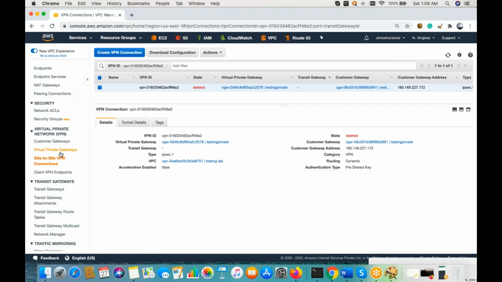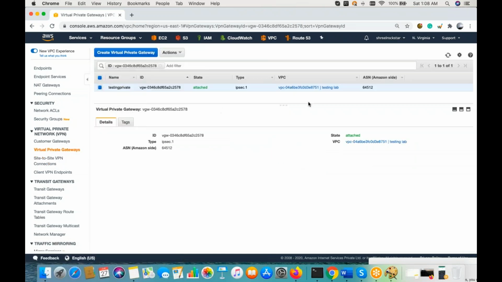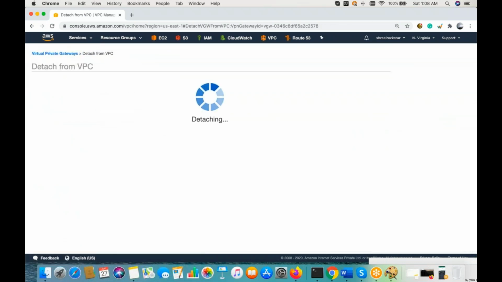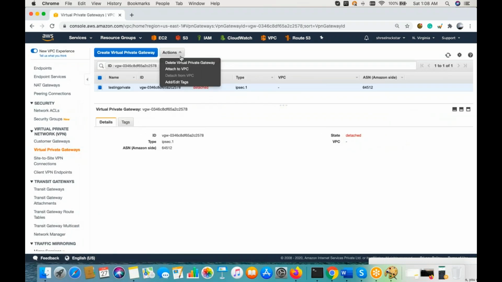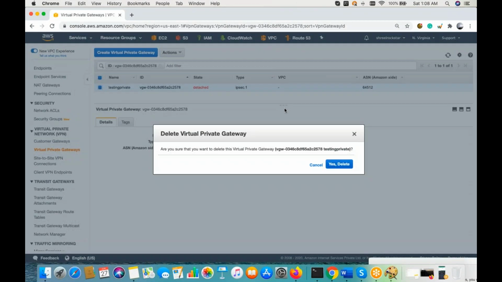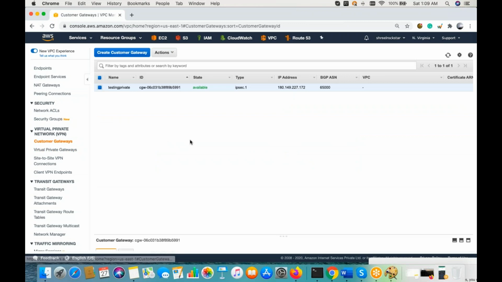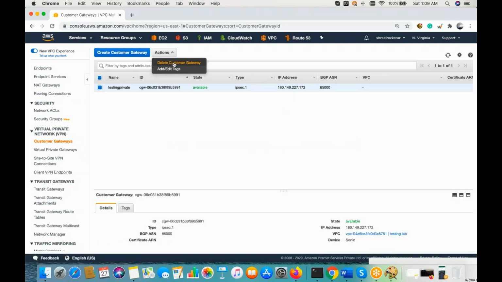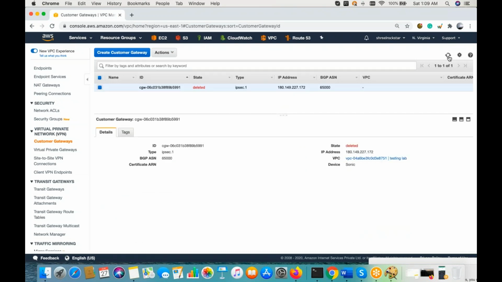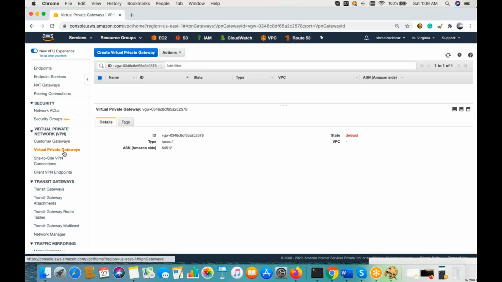I'm not waiting, guys, for it to be created completely, but it's good. We should understand the process, so that it helps whenever we're dealing with a real-time customer, at least. Or this process, guys, always comes up in interviews. A lot of times I face: define the process of creating a dedicated VPN tunnel. What are the things, what are the challenges required? And if the model is not listed, then how are you going to proceed? How can you troubleshoot the problem with the customer to get the IPsec tunnel up?